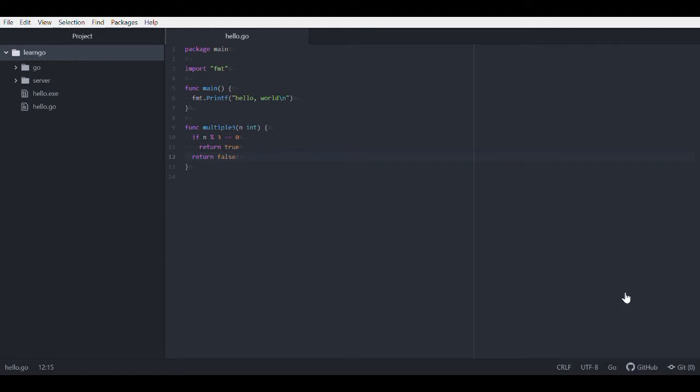Flow control. If... so there's brackets. I forget. Okay. So we use squiggly braces or brackets. And to test that this function works as expected, I will print the result of calling it on a multiple of 3. 9 is a multiple of 3, so if we run this program,